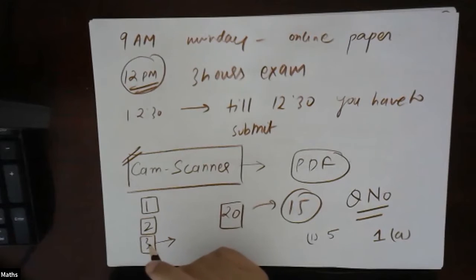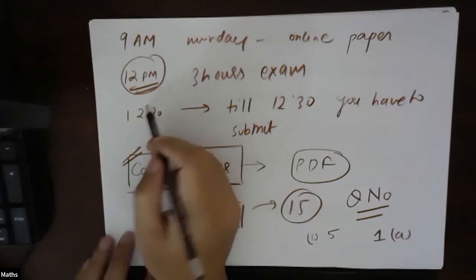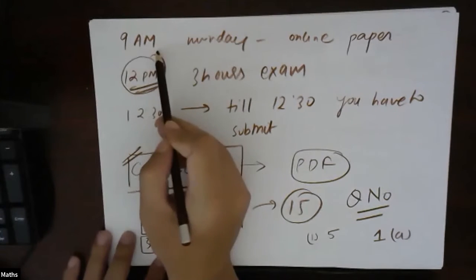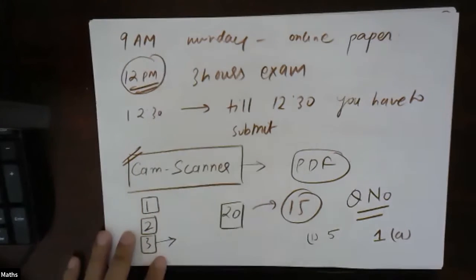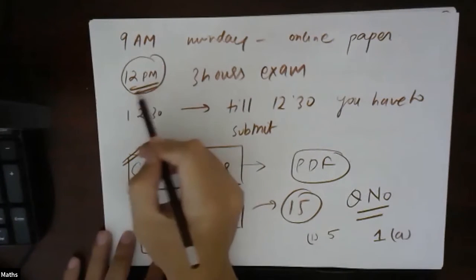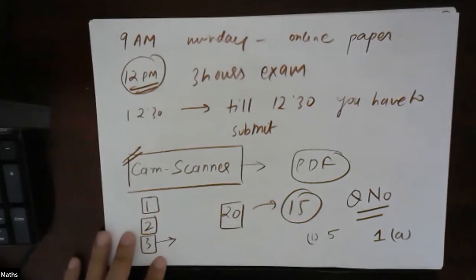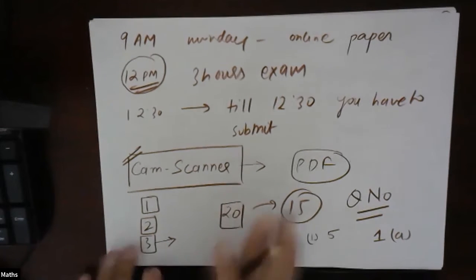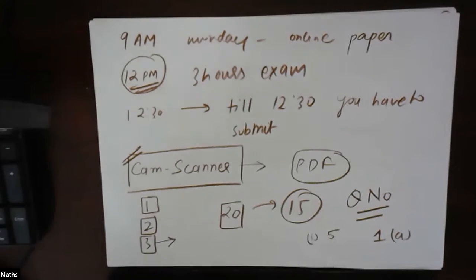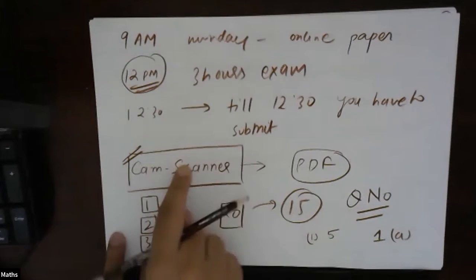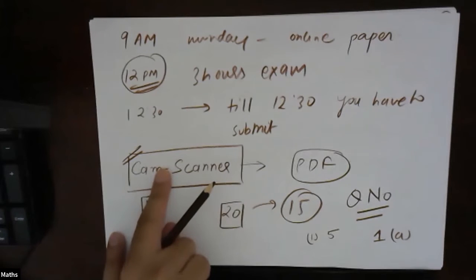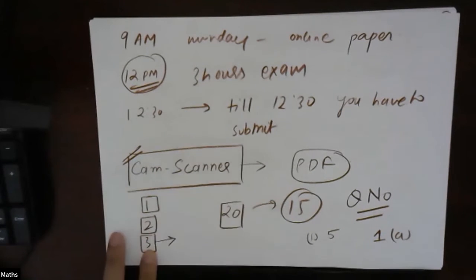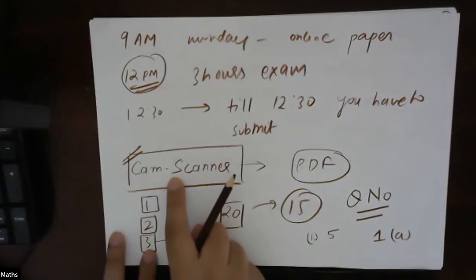How you have to log in and where you have to upload will be mentioned. That is why we are giving you sufficient time. Suppose instead of 9, we start at 9:10, we will give you enough time to explain where you have to upload. Cam Scanner is better. I do not know about Adobe Scanner. You can use anything, I'm not saying this is the only software. But it is the best one, and I also use it when I have to take a picture of a page.